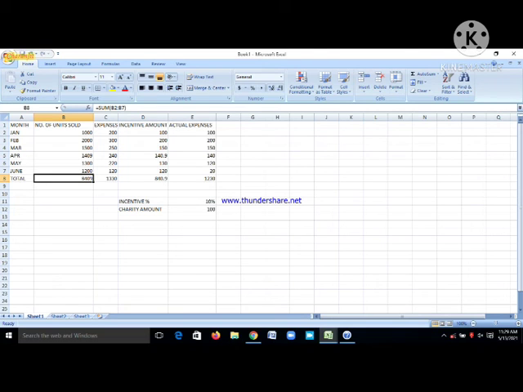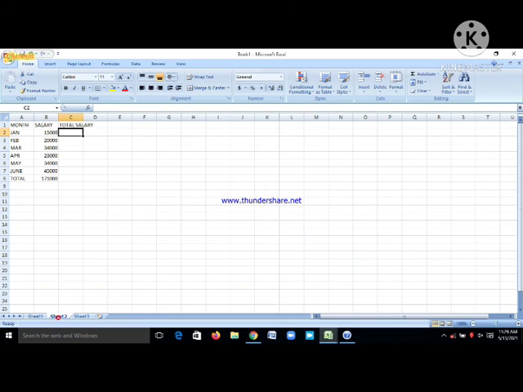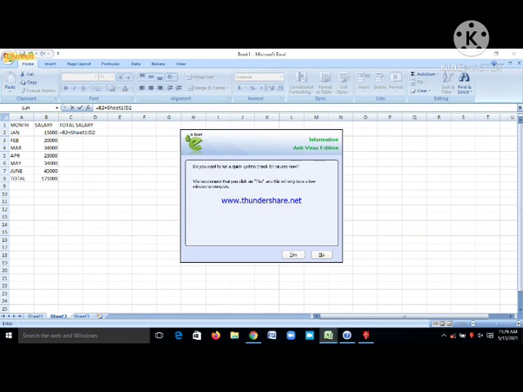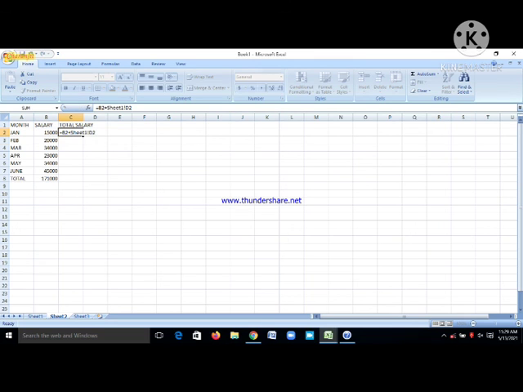So go to the sheet 2 and in C2 cell, we have to type equal to B2 plus, then we have to specify the sheet number, sheet 1, then exclamation mark, then cell address, that is D2. This D2 cell is from sheet 1. So after pressing the enter, we will see the output of the formula.